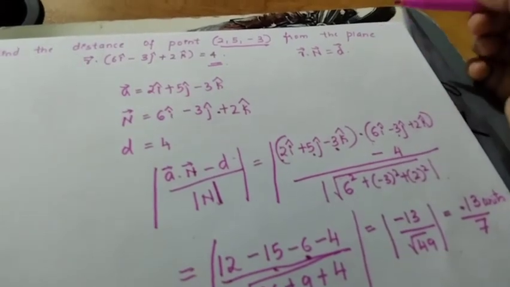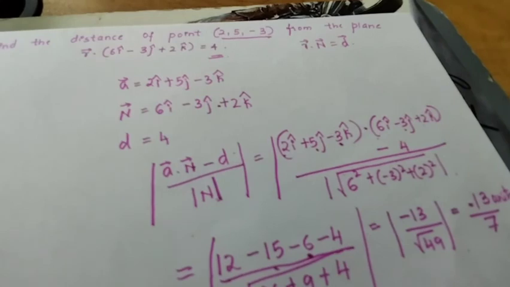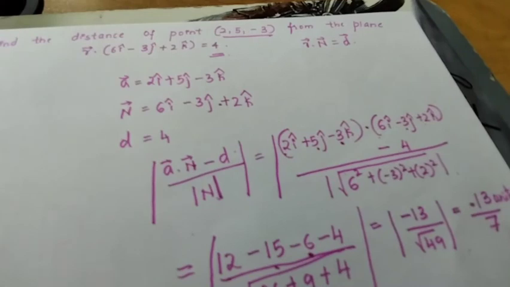So in this 3-dimensional geometry, I have explained examples based on each concept. Try to solve the last exercise. All the examples in the last exercise are from exercise number 11.3. I have taken one example and solved it. Try to solve exercise number 11.3 so that the complete 3-dimensional geometry chapter completes here. In each chapter, derivations are important, and based on derivations you get the examples. So solve exercise number 11.3. I have explained all the examples, so you can refer to the video to solve them.